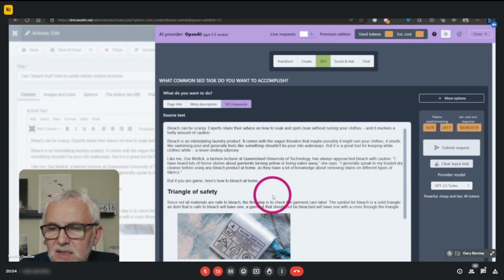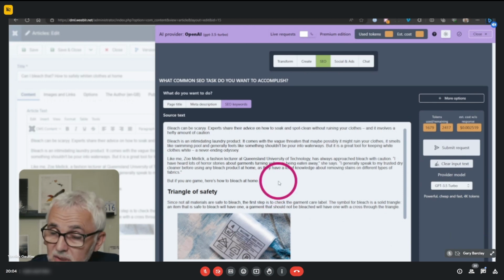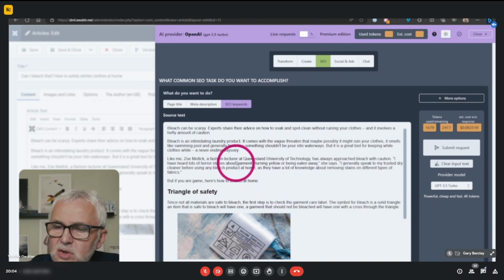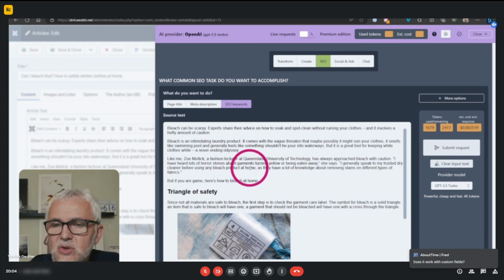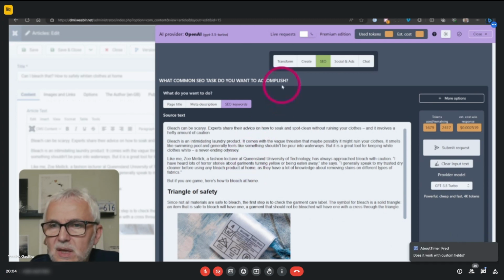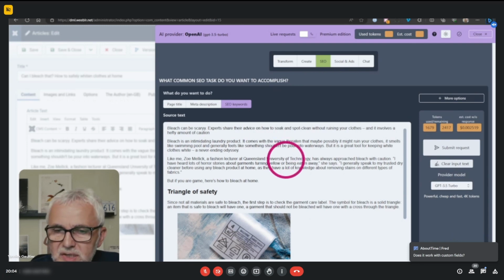Before you ask, it doesn't work with page builders, such as SP Page Builder or others, because they just don't follow the Joomla API, so I can't pick up the content from them. But it will pick up the content of any editor inside of your Joomla website from other extensions as well.